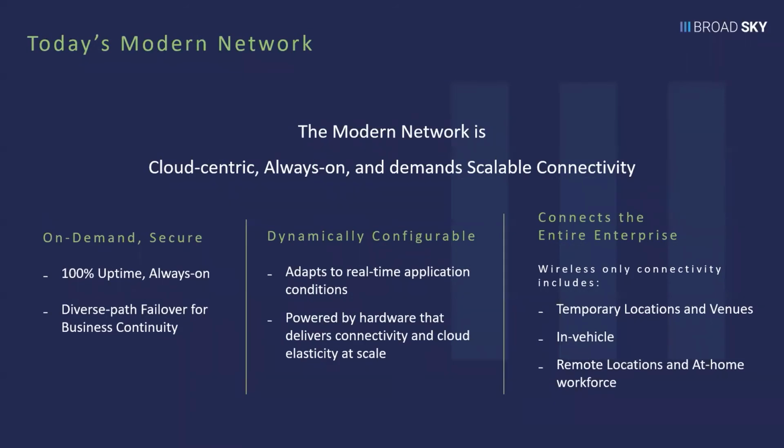So the modern network, where we've moved in the last 6 years, and COVID accelerated this, but it was happening anyway. The modern network is always on. People are working from home. They're not working 8 to 5. People are getting on at 2 o'clock in the morning all the time, and they need to have the same performance at 2 in the morning that they had at 4 o'clock in the afternoon.